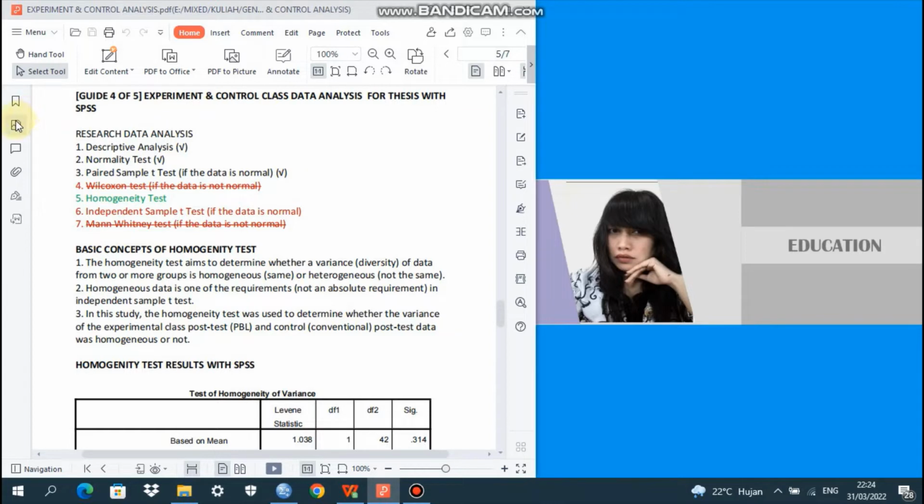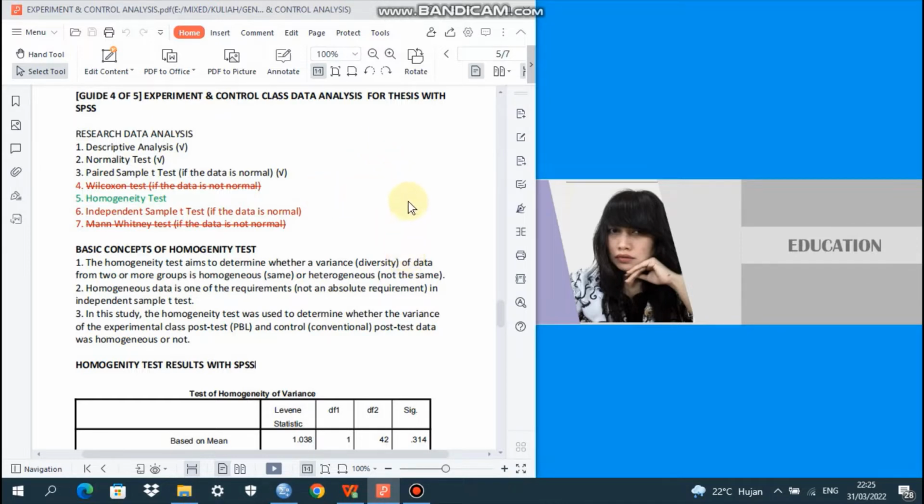Here, in part 2, we are going to answer the second research question, that is, whether there is a significant difference between the implementation of the problem-based learning or PBL model and the implementation of the conventional model.